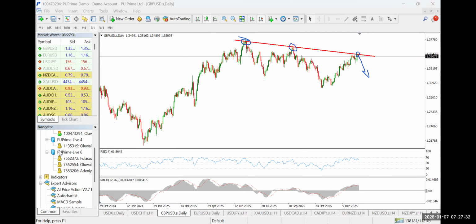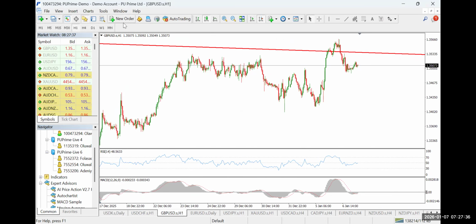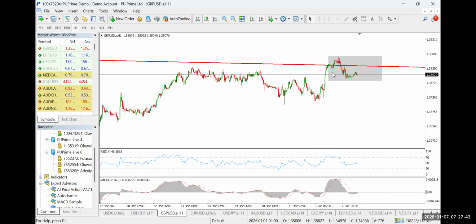So, what we're going to do is this: we're going to have a range zone on the GBP USD, and that will be this zone. All right. So if price breaks out above, which should be what we look out for, then you can buy GBP USD. But on the other hand, if it breaks out below this current structure, then you can sell GBP USD. So it's in between the buy and the sell. But I will actually favor more of the buy based on the technicals I saw on the dollar index.